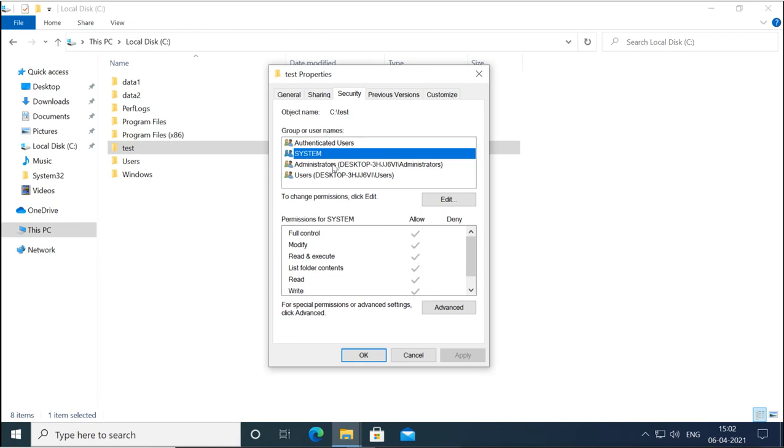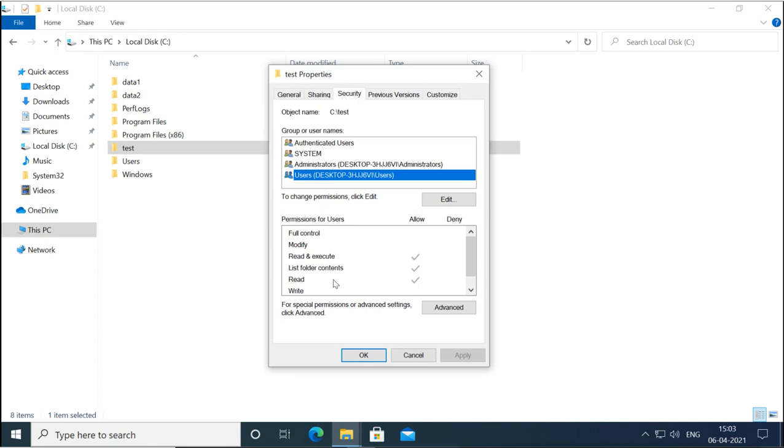Then administrators, that is the administrators group. Remember these are groups, you can see these two faces here, that means these are groups. When you have a normal single user, you will see only one face. So the administrators group also has full control. If any user is a member of this administrators group, it will get all the permissions. Then the users group gets these three permissions. So a member of the users group will get these three permissions.